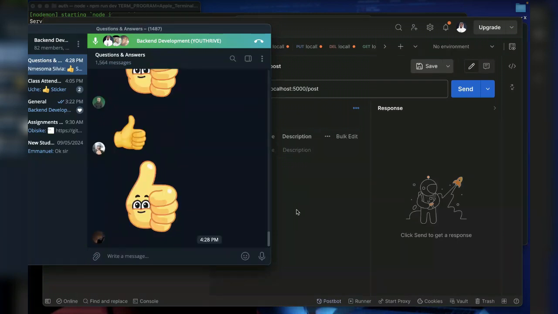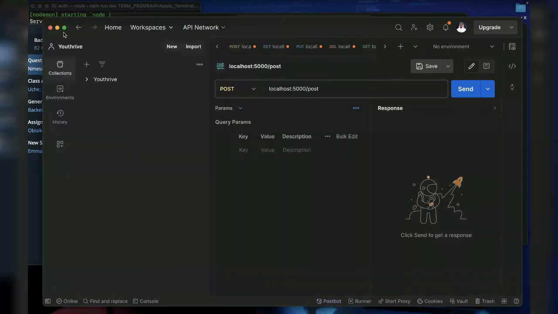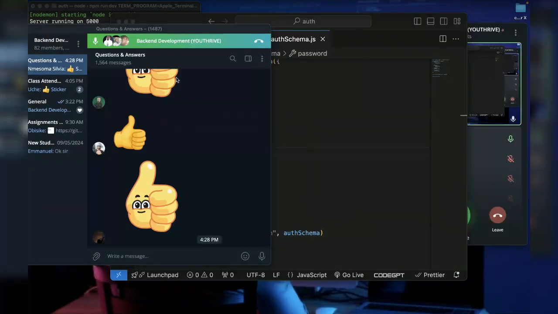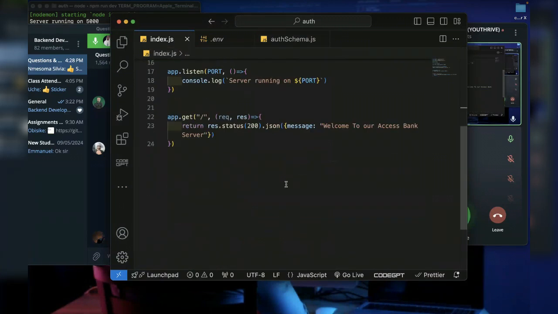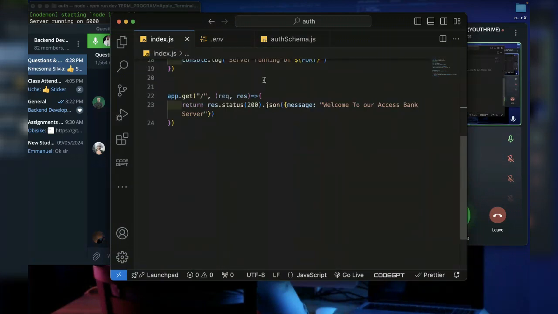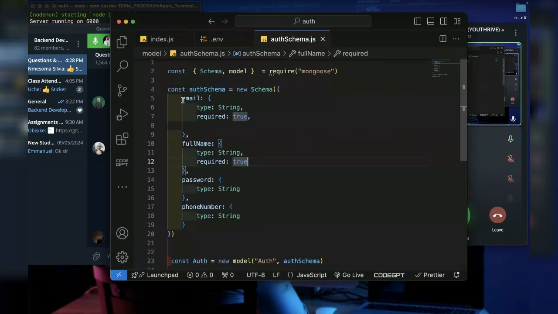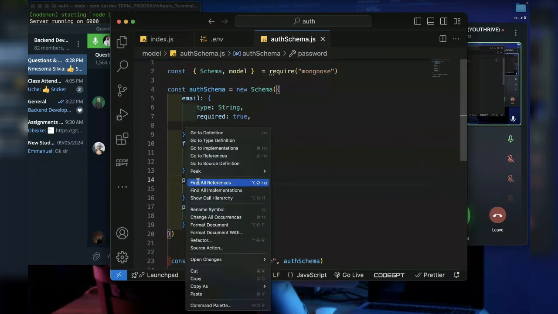So we have our Postman. Now you can use so many softwares if you want. The reason why we are using Postman is because we cannot build a front end right now. That is why we are using Postman. So what I want to do is to set up an endpoint that will accept my data, and the data I need is email, full name, password, and